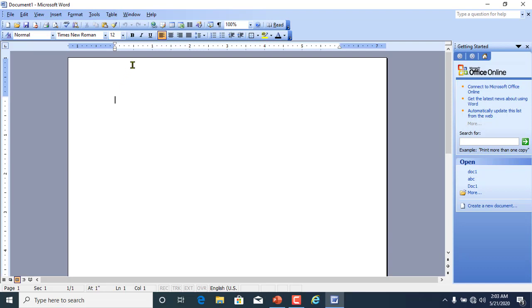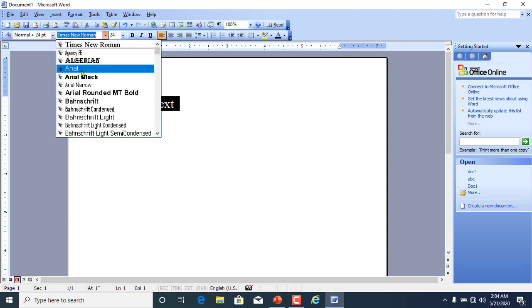Now students, I type some sample data here. Now first of all, select this text by just clicking on the left mouse button and dragging the cursor on that text. You can see that your text is selected now. You can increase the size of the text in this way.